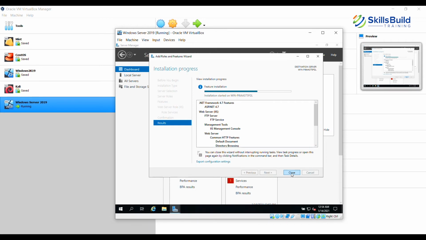So now the installation of IIS is in progress. It should take about a minute or so before it is completed. Notice, because we have not restarted our server, the old name is still being reflected, and this is the name that will also get reflected on the web server. For the time being, we are not going to restart this system because it's going to take around 5 minutes for it to come back into working condition. So we'll just leave that as is, and we'll wait for the installation to get completed.